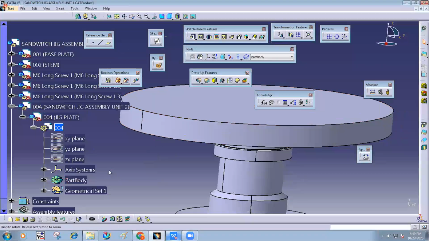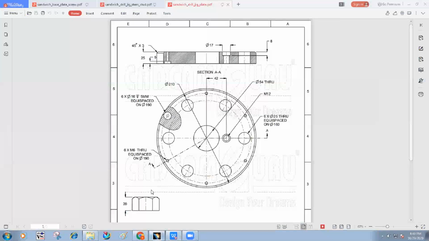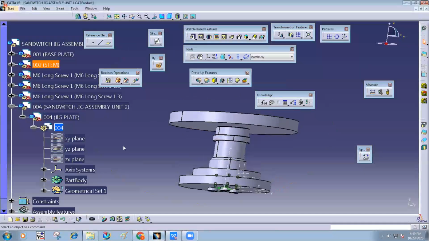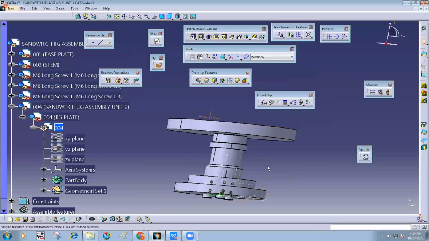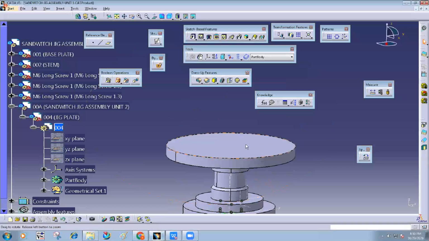After that, there are some other features pending. There is a center hole. To create the center hole, you can use the hole option directly, or you may use the pocket option. So I'm taking this previous part reference to design the hole.